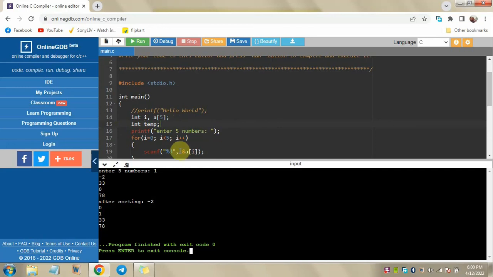Now over here, on this line, printf enter 5 numbers. So whatever is written is printed over here. And after that we are taking a for loop where we are initializing i to 0 and going till 5, and we are using scanf, reading 5 integer values into a[i]. i starts with 0 and goes till 4. So the 0th element will be the first element. So it will read the value into that array a. Done. Let's go next.